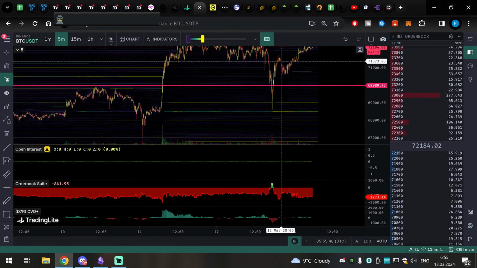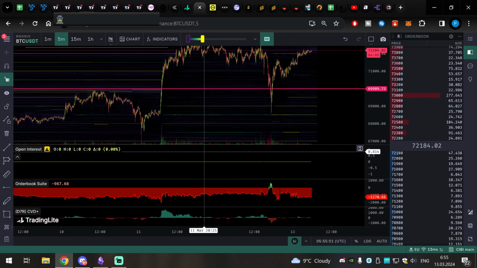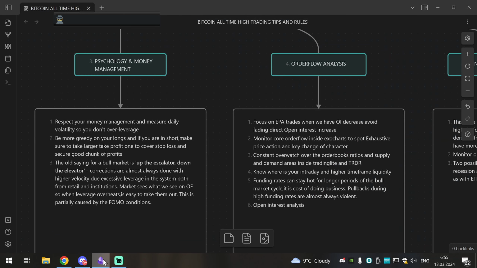And you see, as we are pushing up, the spot market was also filling the order books, helping move to the upside. So that's what I mean. Order books will be in all my decisions.